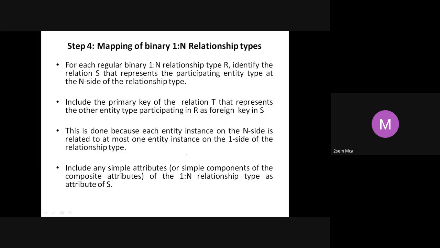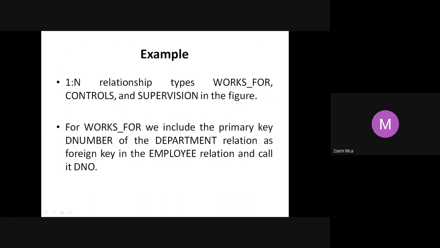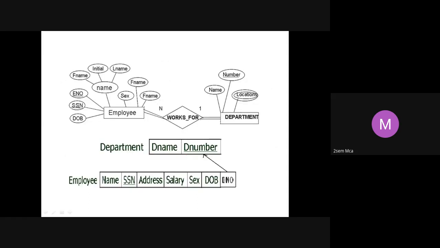Next, coming to the one-to-n relationship. If you have a one-to-n relationship, how can you map it? Let us take an example. This is one-to-n. One department will have many employees.